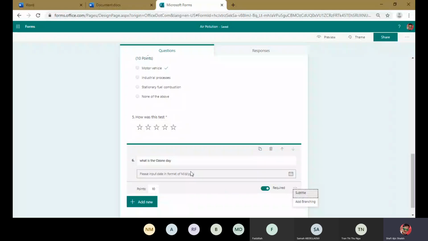So that's why when we ask a date type question to students, instead of date type, we will choose a short text or multiple choice question. So here we cannot give a point because we have no option to show a proper answer. That's why we will avoid giving points to these questions. Okay. Now we will choose another question.